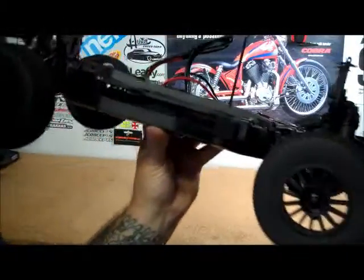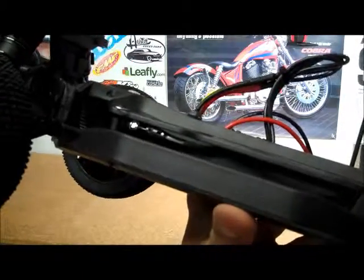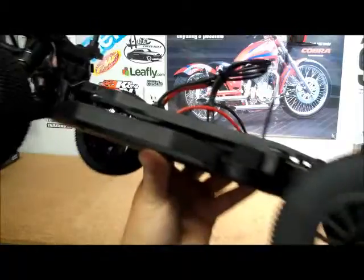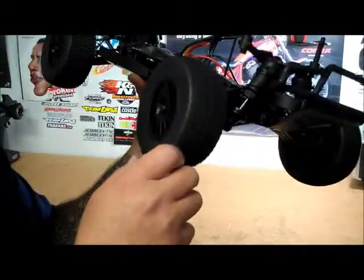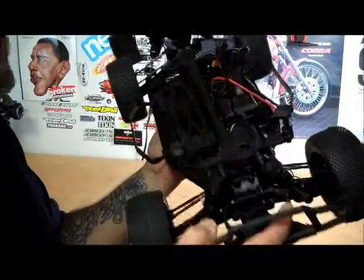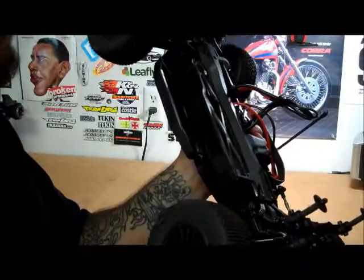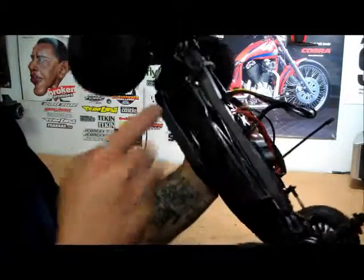Let's see in here. I don't know if you can see in there very well, but it's got a nice looking drive shaft. Looks to be pretty sturdy. Nice, kind of polished aluminum looking. Looks nice. Heard a lot of reviews about